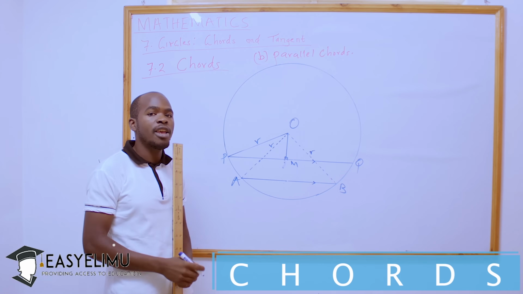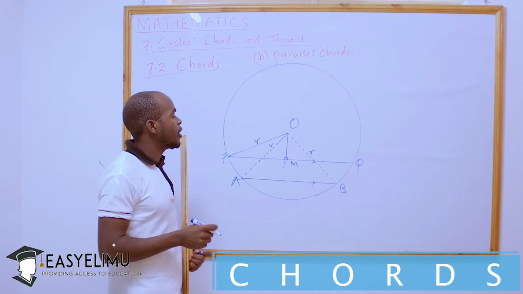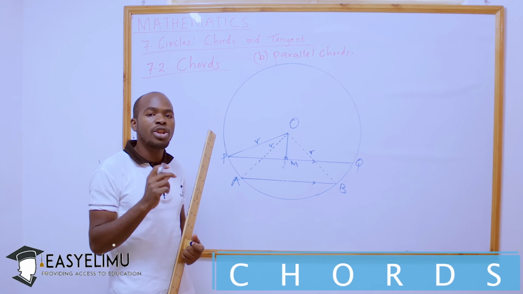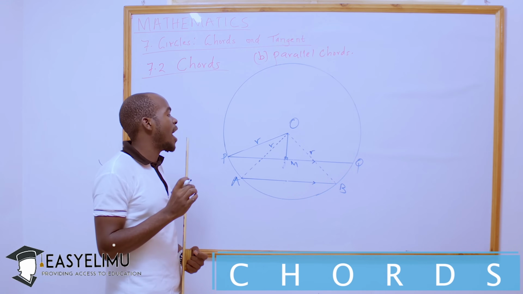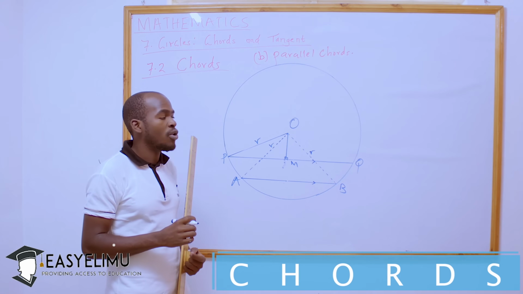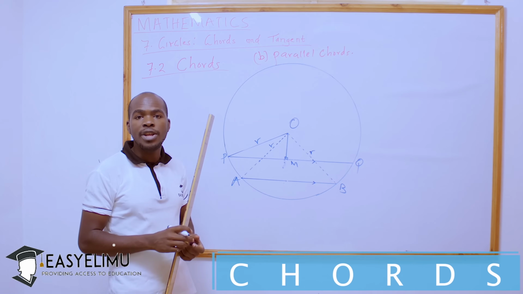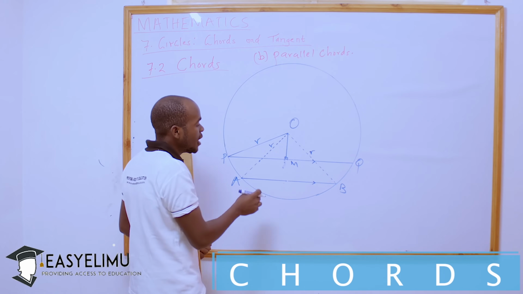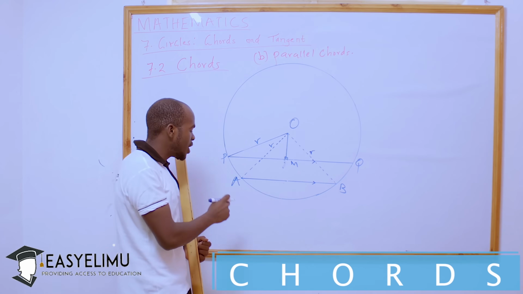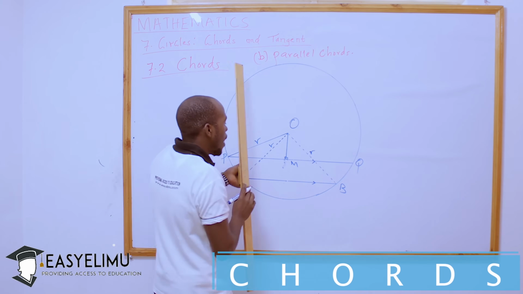We have seen that if you drop any perpendicular, or any bisector of the angle which is subtended by the chord, to the center of that circle, it will always cut that chord into two equal parts. So if I produce this line OM to meet line AB at N,